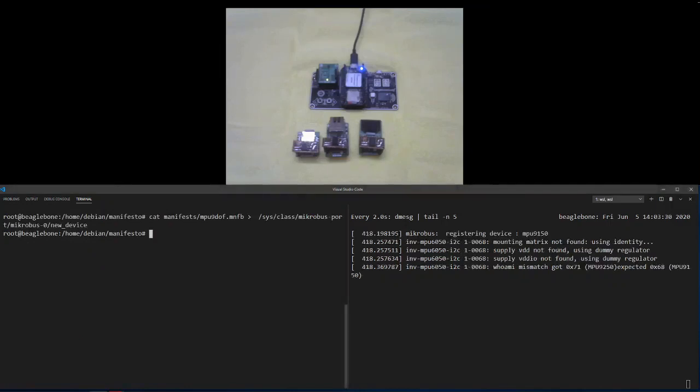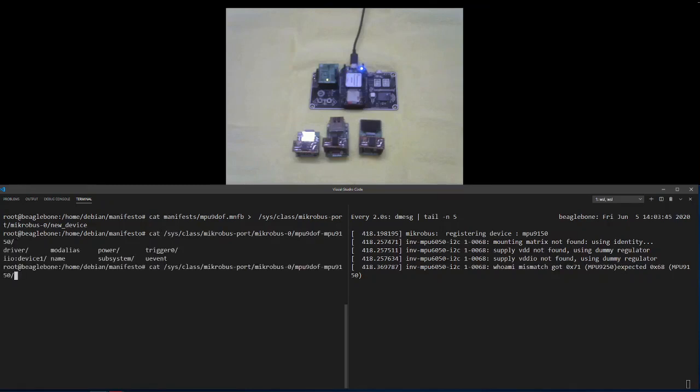Once the manifest is loaded to the new device interface, we can see that the MPU9050 device is probed successfully, and we can see the device under the microbus port also.